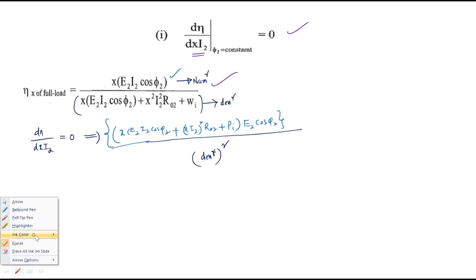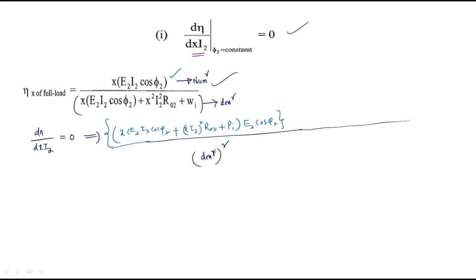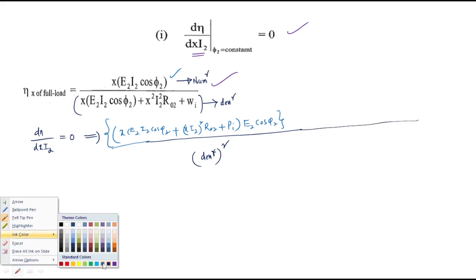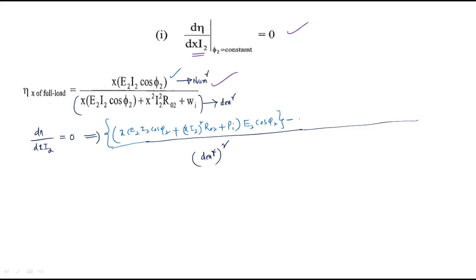So later, minus x e2 i2 cos phi 2, which is the differentiation of this denominator. What is the denominator? We have to differentiate e2 cos phi 2 with respect to xi2, and it gives 2 into xi2